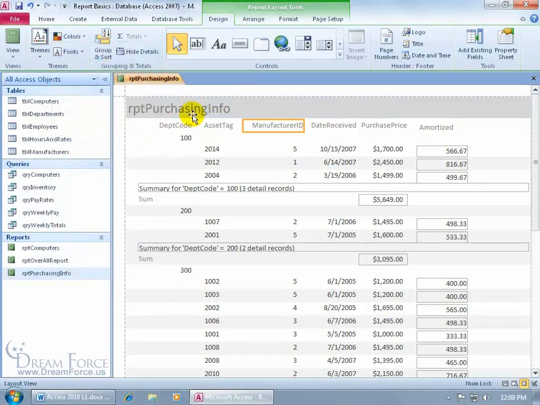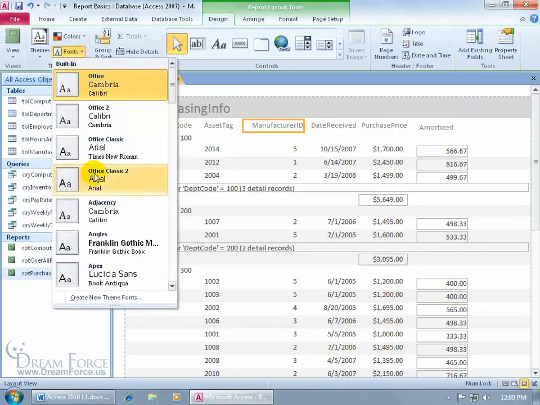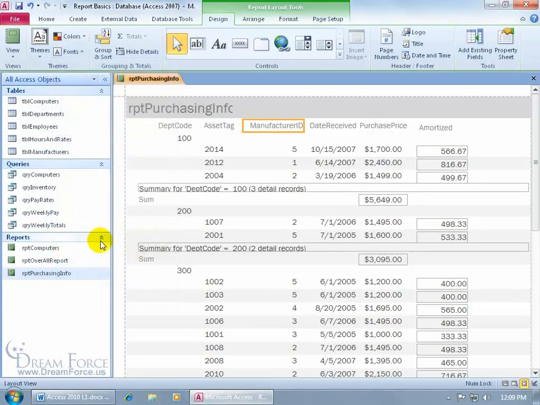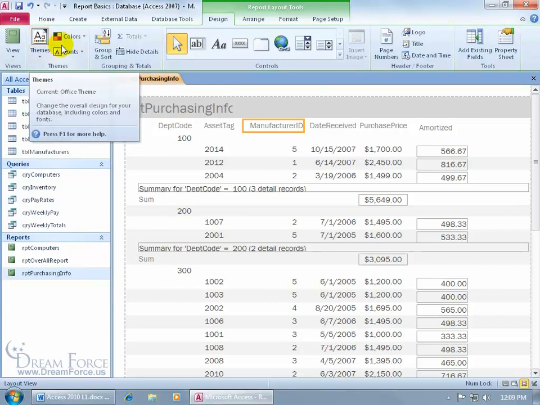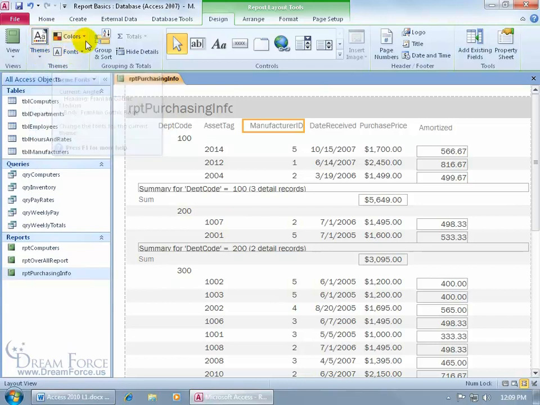I don't see much of a difference here. Or I can just change the fonts and say we want something Franklin. In any case, you get the idea. If you want something that applies really fast across the board, then go ahead and work with your themes, either the combination of colors and fonts or separately with the color or with the font,